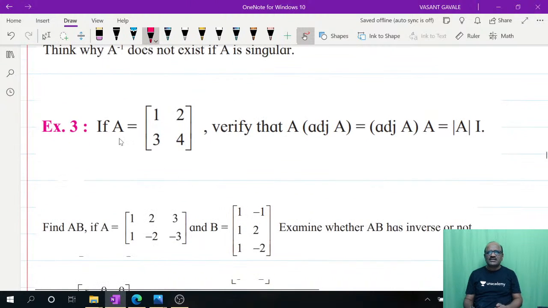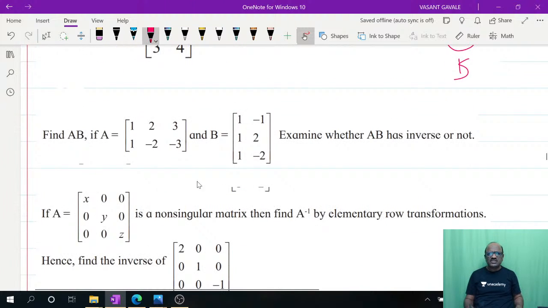ओके. Now see this here. हा सगळ्यात इम्पॉर्टंट क्वेश्चन आहे. बऱ्याचदा मल्टिपल चॉईस क्वेश्चन्स मध्ये हे आपल्याला परीक्षेला विचारलं जात असते. If A is equal to [1 2; 3 4], verify that A into adjoint of A is equal to adjoint of A into A is equal to determinant of A into I. This is a very important question. हे प्रत्येकदा व्हेरीफाय करायला येत असतं. किंवा sometimes here they write A k, find out the value of k. या टाइपचा क्वेश्चन तुम्हाला परीक्षेला विचारला जातो.